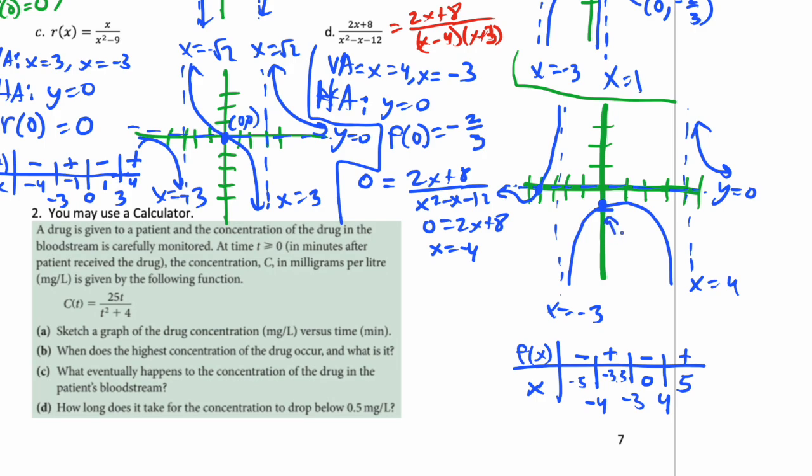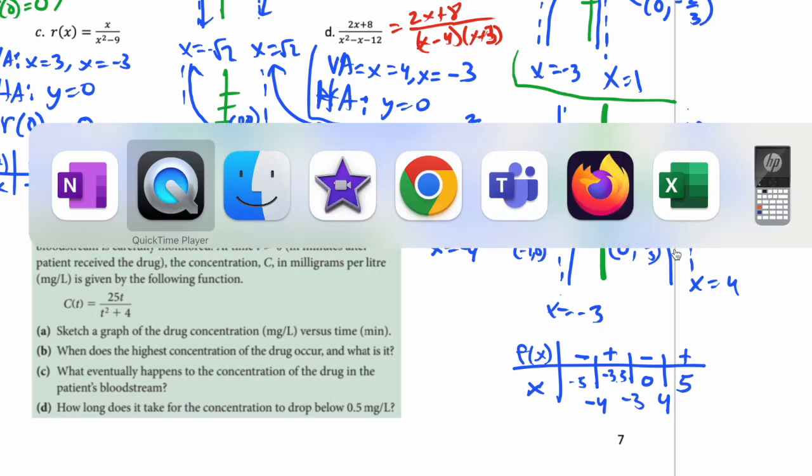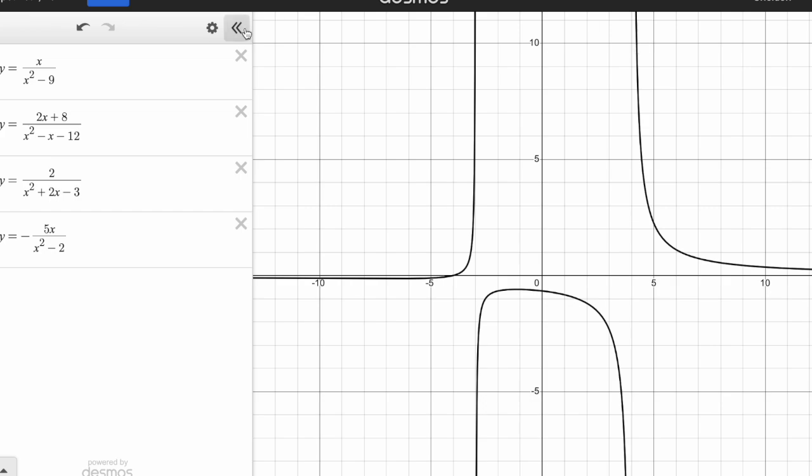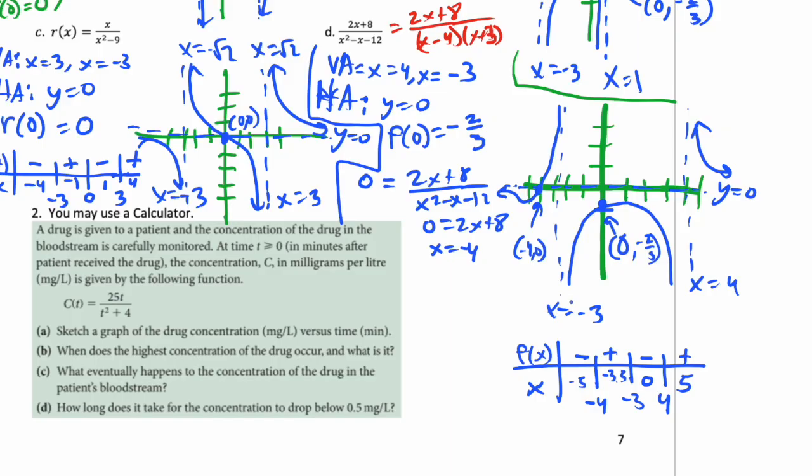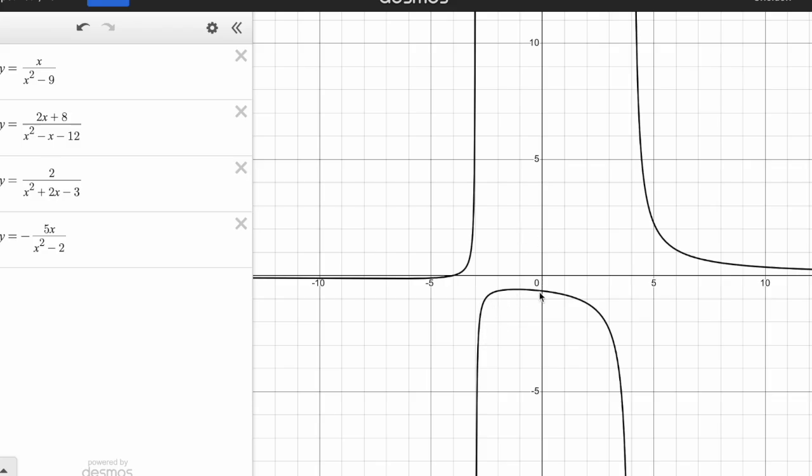And we should label the points, 0, negative 2/3, that's negative 4, 0. And I think we have everything labeled. Let's take a look at Desmos to see what it looks like. And this is what it kind of looks like right here, okay? And it matches our shape. Interestingly, it was a little bit more skewed this way, but just the general